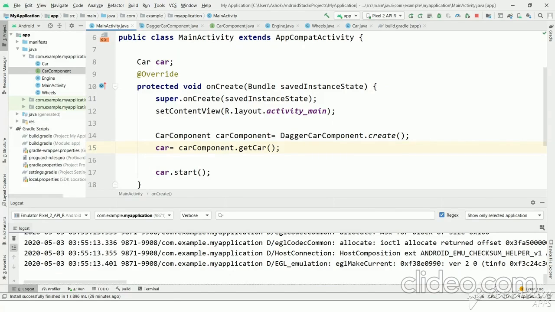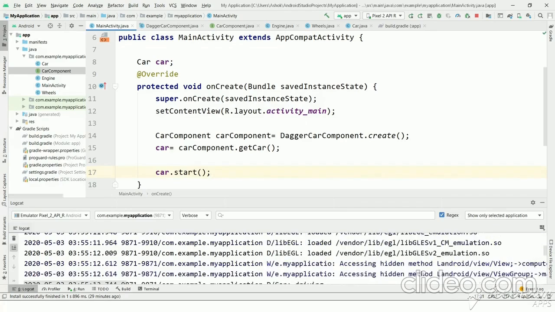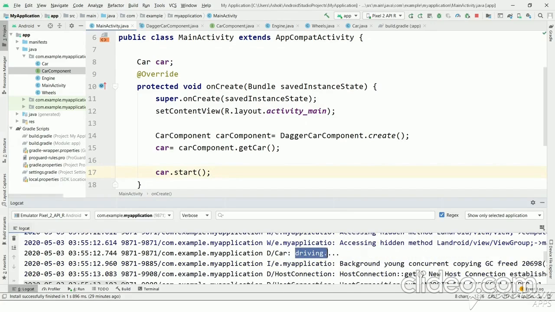And we have created a CarComponent, and inside that we have made a getCar method in the CarComponent interface, and Dagger automatically creates an implementation of getCar and returns an object of Car. Finally we call the car.start method, and we get an output of Driving.